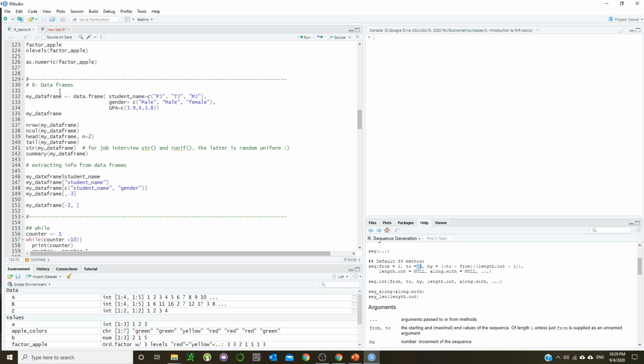Okay, so this is the most important one. What is a data frame? A data frame is a type of object that you can basically put anything in, right? For instance, I want to come up with a table. Think of it as a table. I want a table that has 3 columns: student name, gender, and GPA. I'm going to use a data frame. So for instance, when I say the student name is equal to a vector of PJ, TJ, MJ,